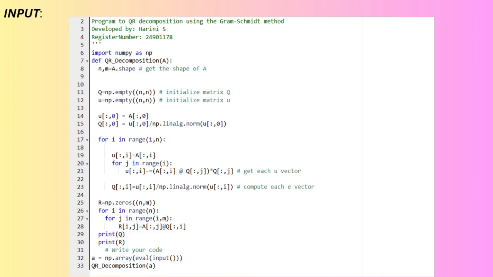Get matrix dimensions: n, m = A.shape. This line retrieves the dimensions of the input matrix A. n represents the number of rows and m represents the number of columns. Initialize matrices: Q = np.empty((n, n)) creates an empty matrix Q to store the orthogonal matrix. U = np.empty((n, n)) creates an empty matrix U to store intermediate vectors during the